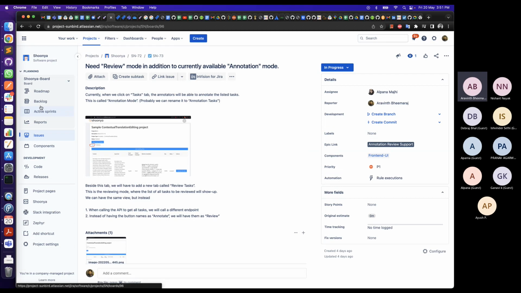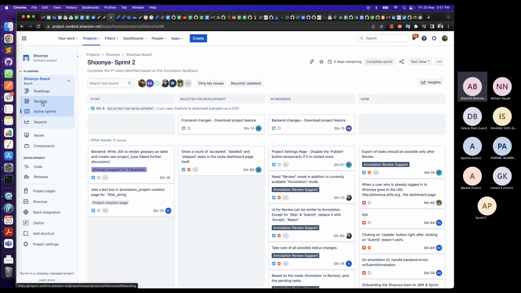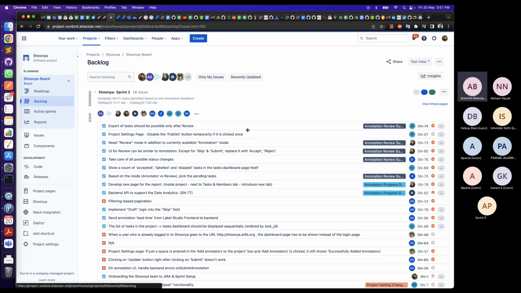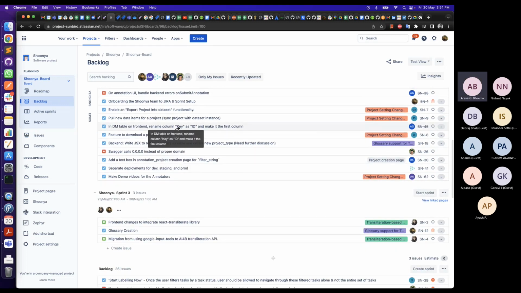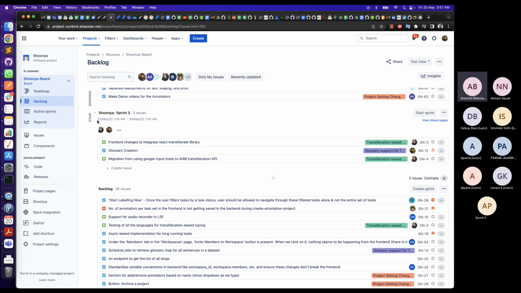So this is the sprint view. At any point, if you're interested in seeing what is in the backlog, there's a backlog view as well. This is the current sprint, which we saw in detail earlier. This is for the next sprint, which starts on the 23rd and ends on the 30th. The sprint is already created, so when some new task comes in to sprint 2, we can move some of the things out of 2 to 3. That way the creation of sprints becomes easier.